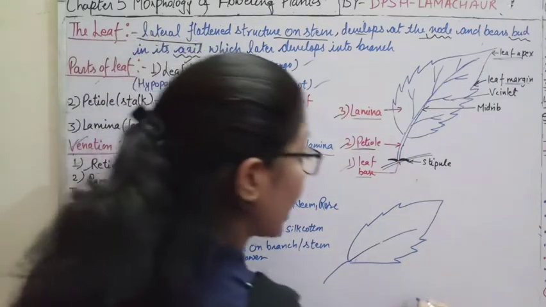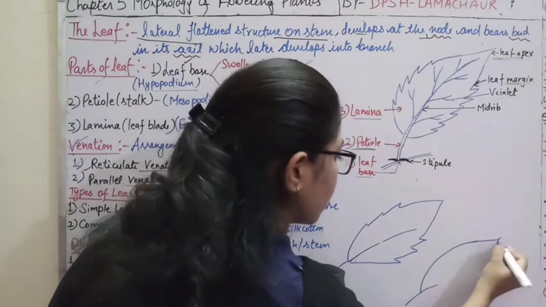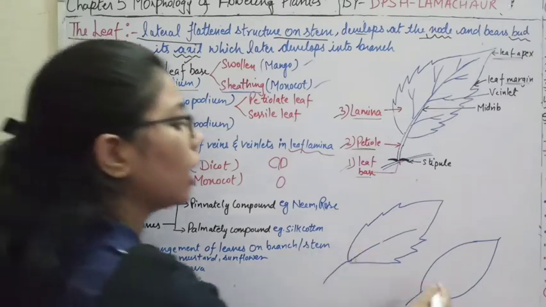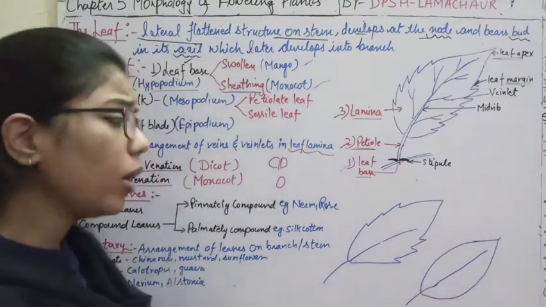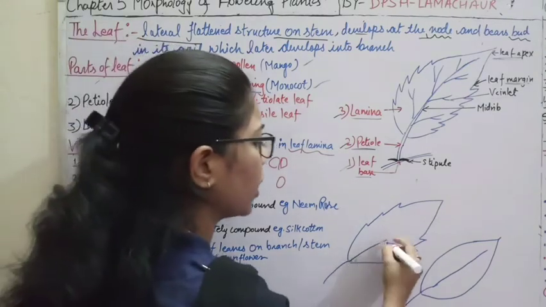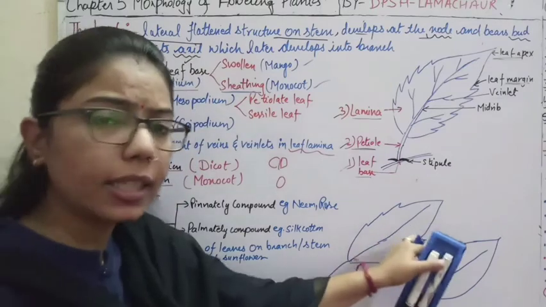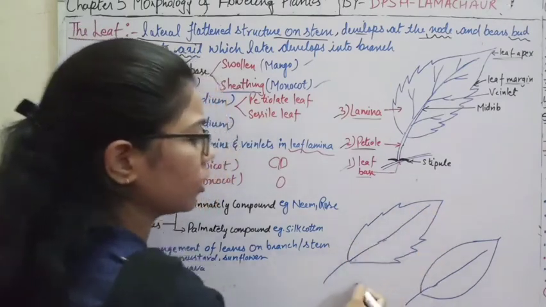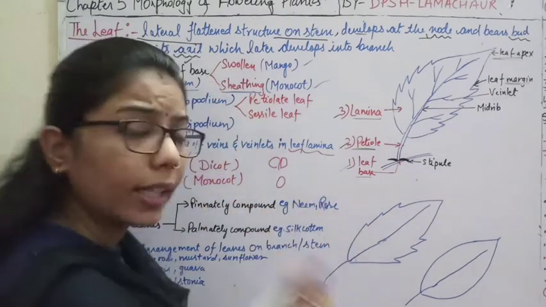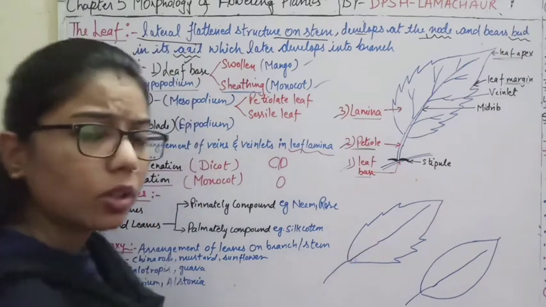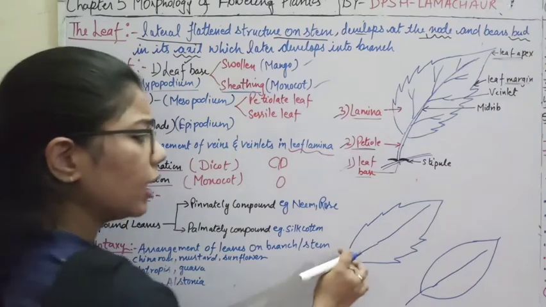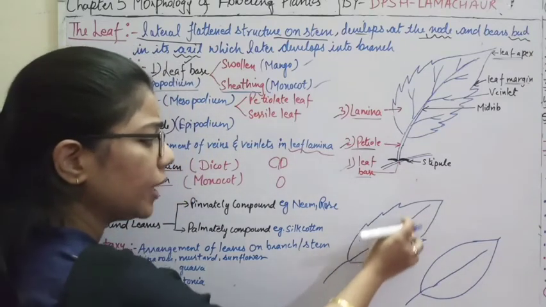It is a simple leaf, and this is also a simple leaf. So don't confuse between these two. Both are simple leaves. Now, what is the feature of a simple leaf? The midrib is present like this, and the leaf margin will never meet with this midrib. So what is happening in the case of a simple leaf? The midrib is present like this, and the leaf margin will not meet with the midrib.